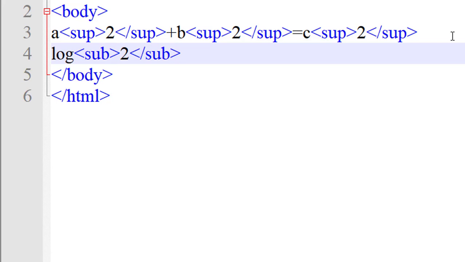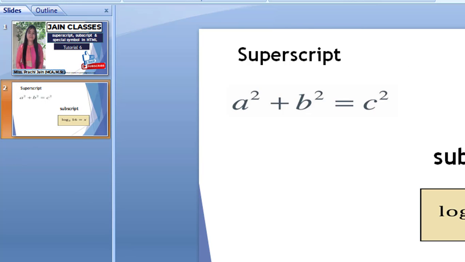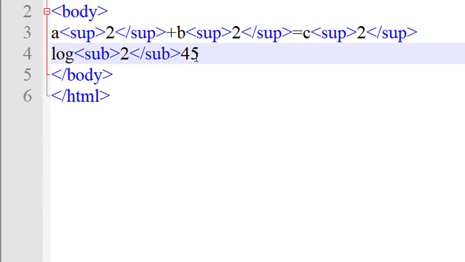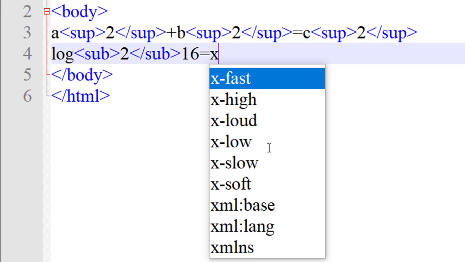Log to the base 2. I want log to the base 2 16 equals to x. Just save this and now run it.